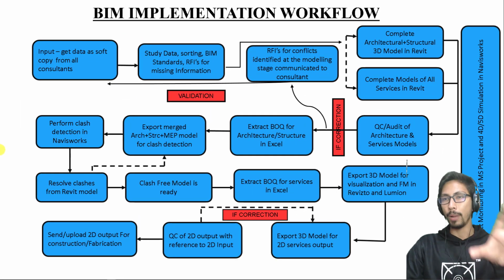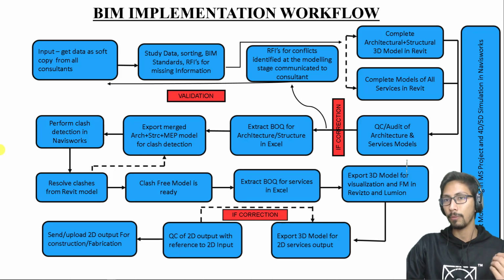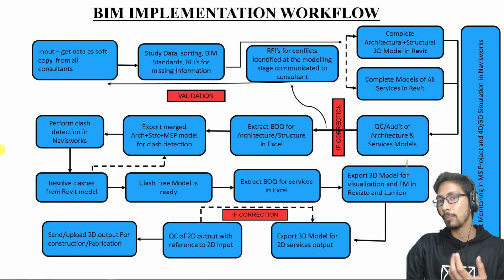So let's say in the building we have different components, windows, doors, and everything, right? So we have a specific design, we have a specific model. We can send this model to the fabricator who will use this model in his system, in his CNC machine, which will help him to actually fabricate the component according to our design and according to our model as well. So that is another part.